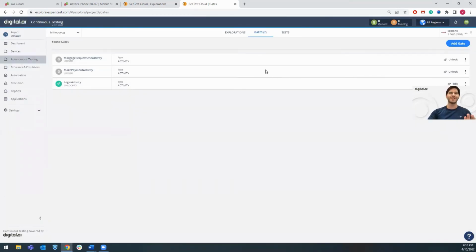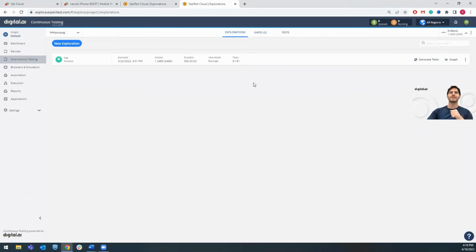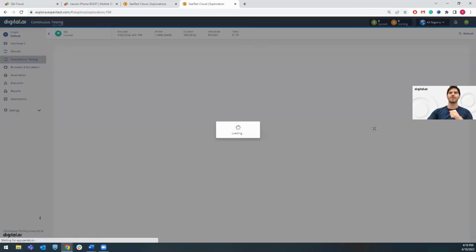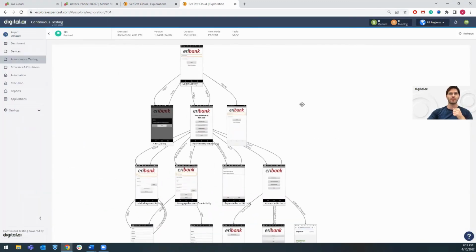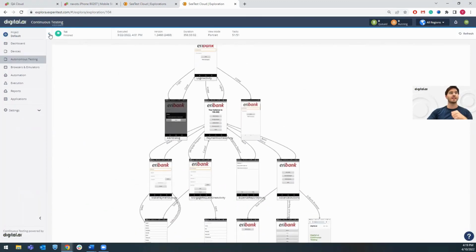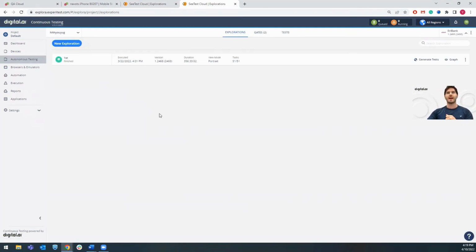Since I did it already and we have this exploration ready, as you can see here in the graph, it's ready and it explored all the application. Let's go to the next phase. After I opened all the gates, I scanned the app to the fullest, I want to create tasks from this exploration. Based on the exploration, I just click on generate task, and after a few seconds, not more than that,